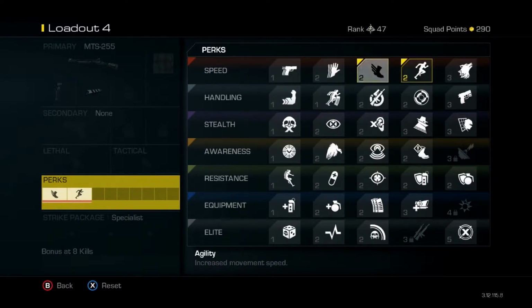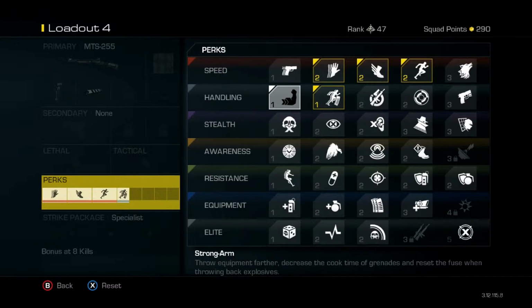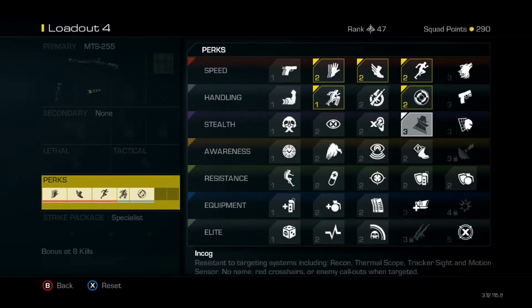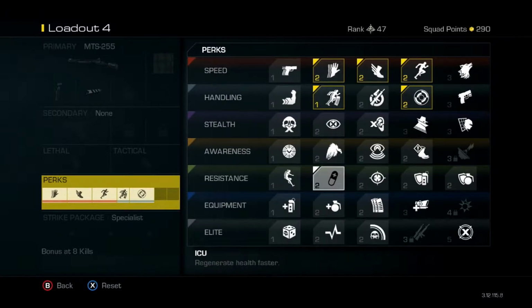So what I'd suggest for this one is I'd go bang, bang, bang, these three, just because of speed, all those, and on the go. Those are really important just so you can shoot really fast. Obviously steady aim because you're firing from the hip. And finally, I'm going to throw on probably...